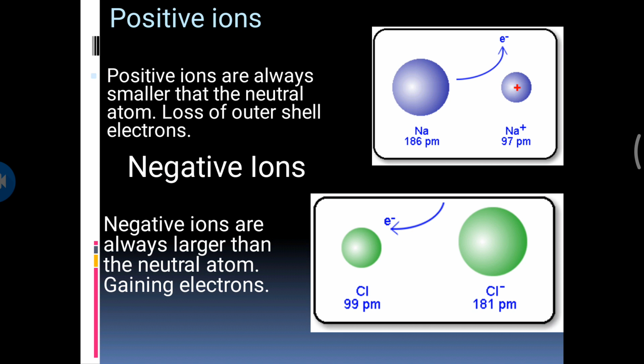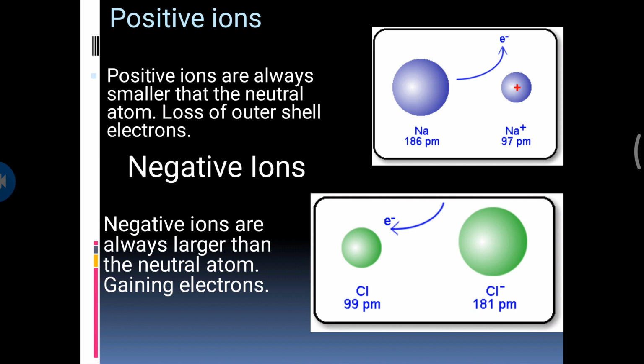So positive ions are always smaller than the neutral atom. Loss of an outer shell electron forms positive ions. Similarly, in negative ions,